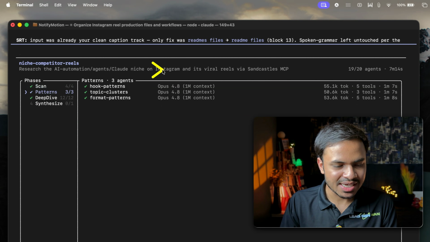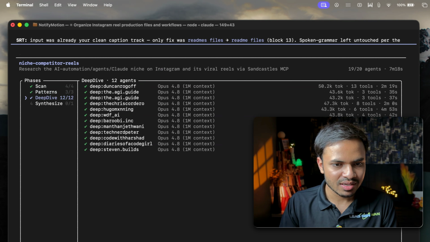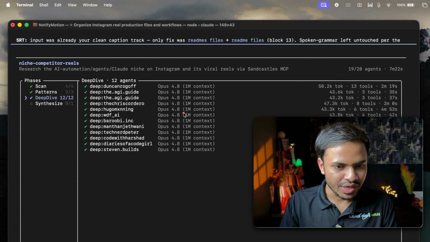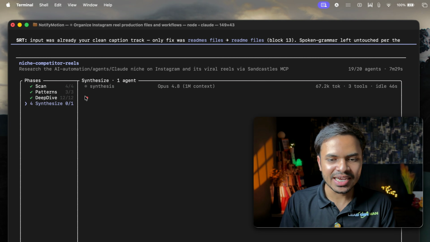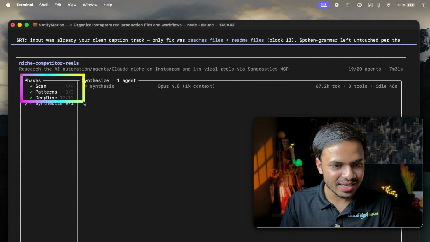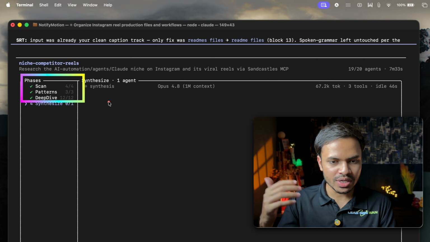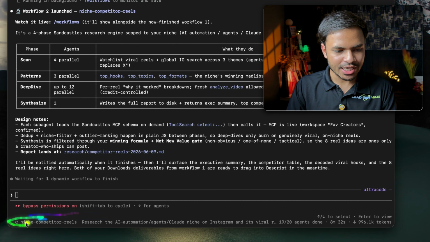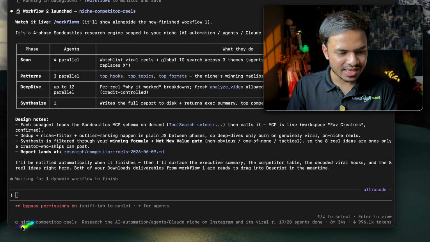Inside patterns, it is understanding the hook, topic cluster, and format pattern. And lastly, these were the content creators and their names. So we have Chris, xhigh guide, Steven build, etc. And lastly, it is synthesizing all of this and giving us the final report, research, or whatever you want to generate. Even if you don't want to open the workflow dashboard, you can see where it is at the bottom